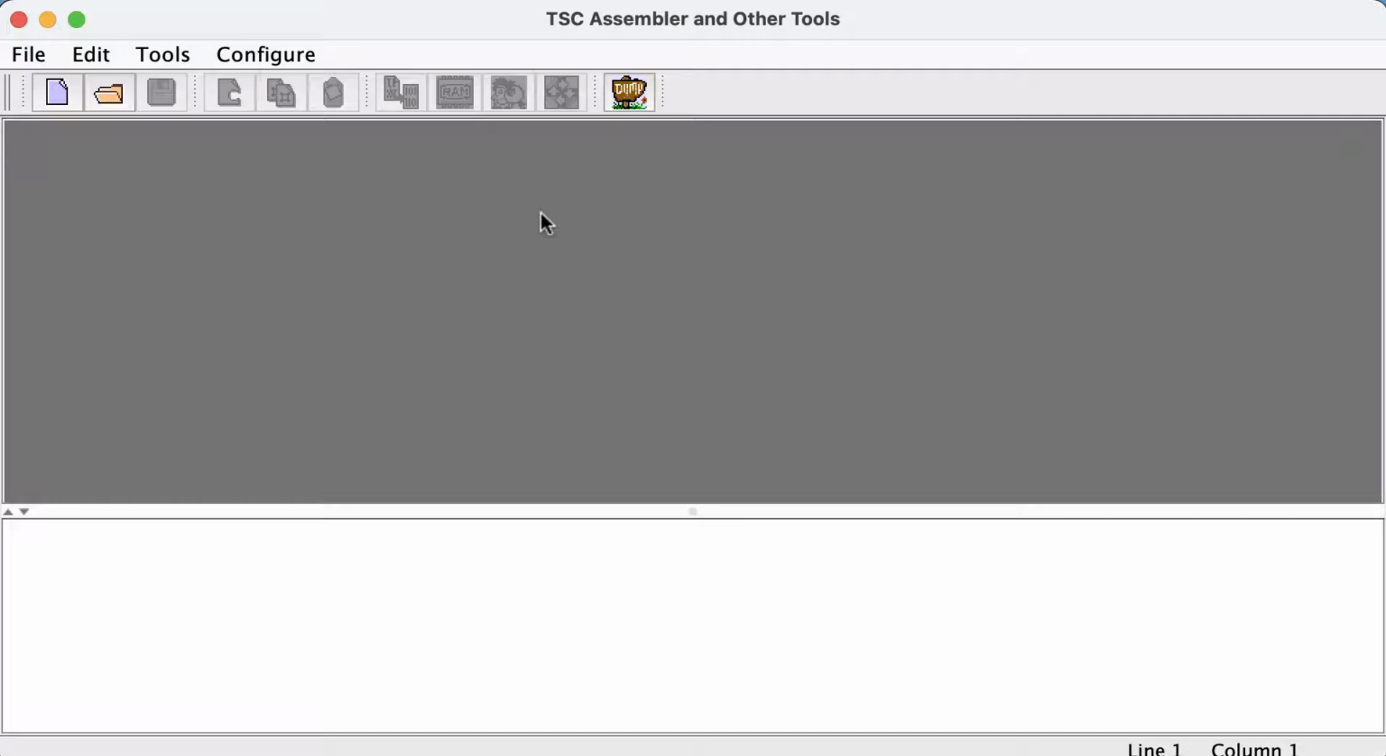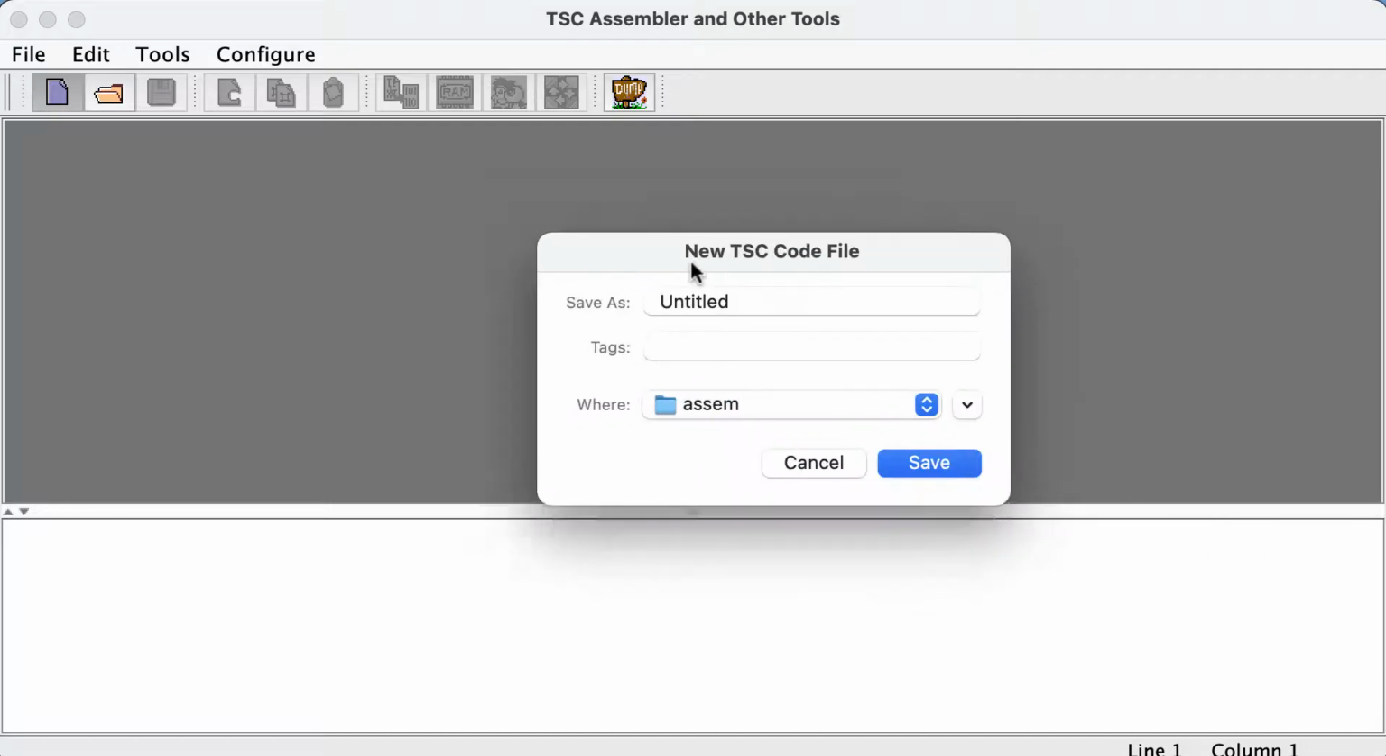Now the assembler is just an editor that allows you to type in your assembly programs, and then it assembles them into ones and zeros. And it will save a file that you can use your loader that you did in the last lab to load into memory. So to go ahead and get started, you need to create a new file, and it asks